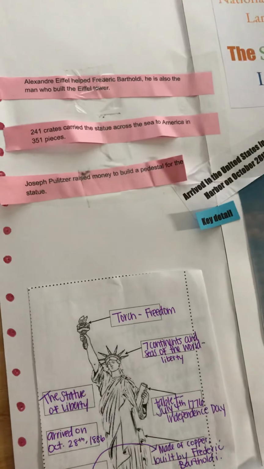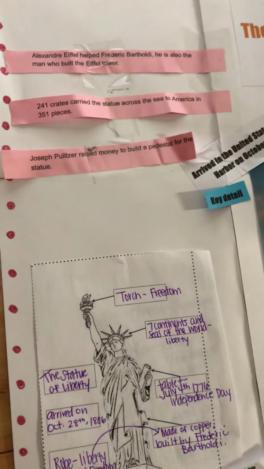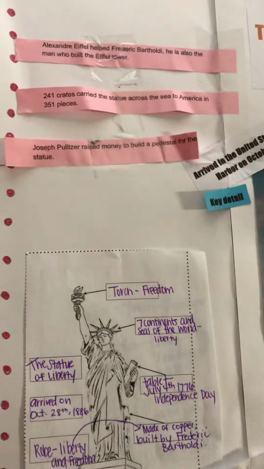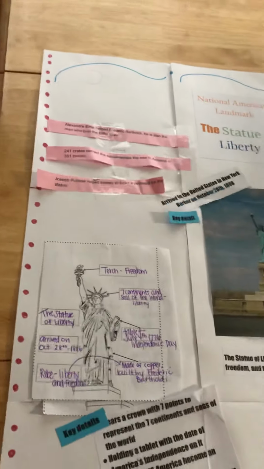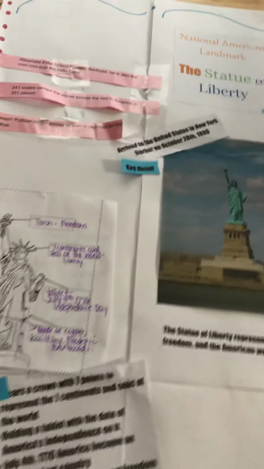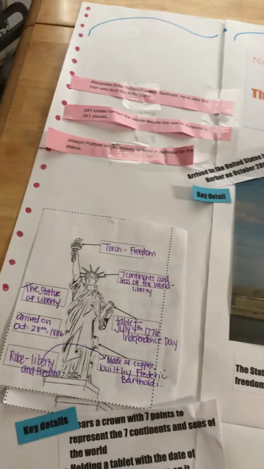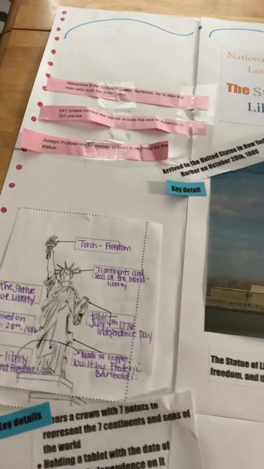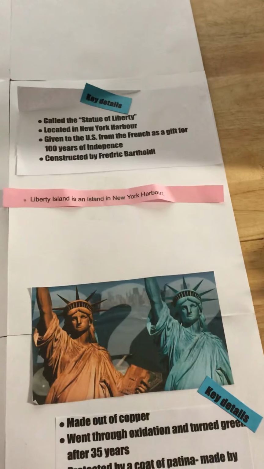241 crates carried the statue across the sea to America in 351 pieces. And then I've got Joseph Pulitzer raised money to build a pedestal for the statue. So those are just 3 pieces of information that I feel needed to be put on my poster to remind me to mention them, though there was not a specific place or picture that I had to go along with it. So then over here under my key details for lesson 1, I added in Liberty Island is an island